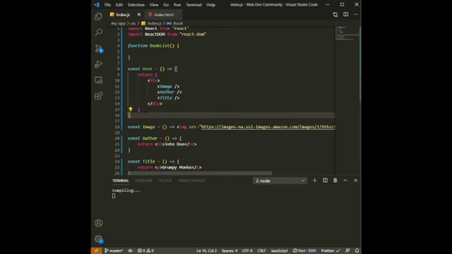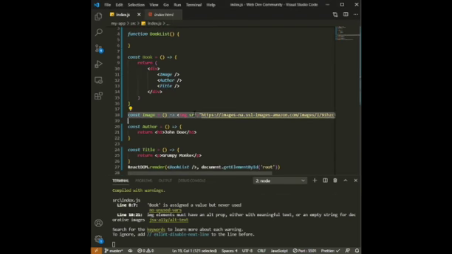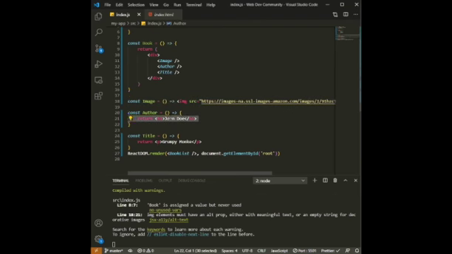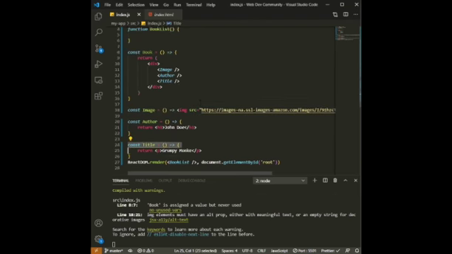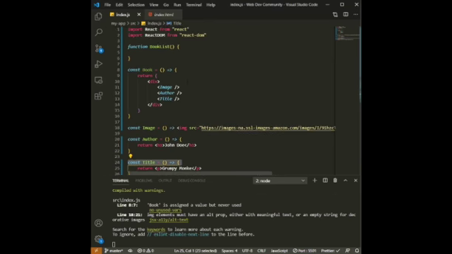There we go. So we have image, author, and title. The image is coming from here. The author is coming from here. And the title is coming from here. And so now that we have a book component that's comprised of the three different child components here,